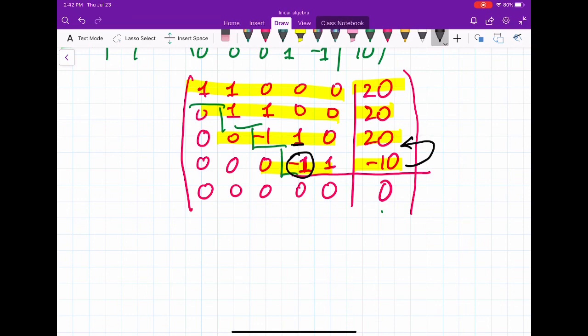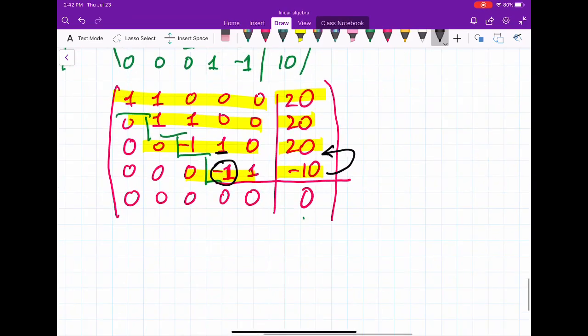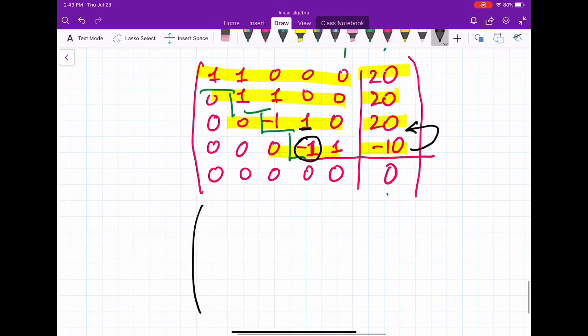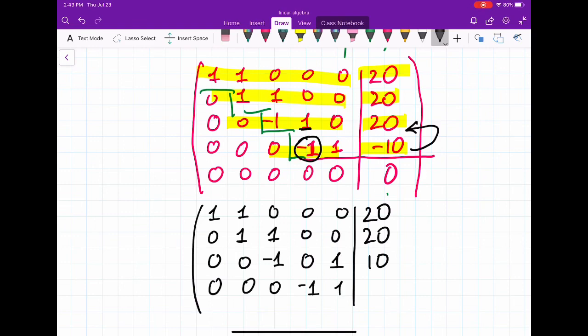Okay, and then I have the following one. 1, 1, 0, 0, 0, 20, 0, 1, 1, 0, 0, 20, then 0, 0, negative 1, 0, 1 in here, and 10, right? The fourth one is 0, 0, 0, negative 1 and 1, negative 10. Okay,